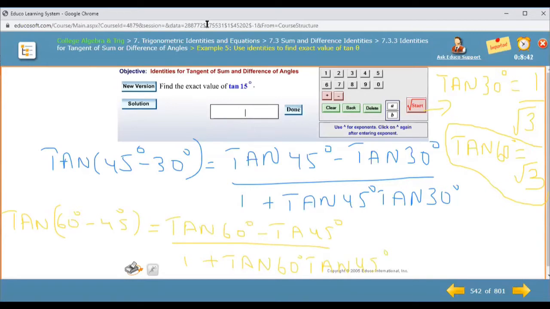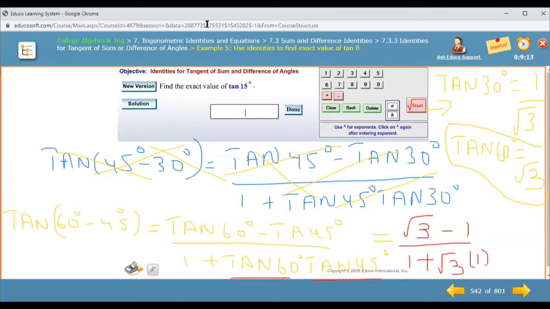Now, rather than using 45 minus 30, I'm using 60 minus 45. The reason I'm using 60 minus 45 is because I know the value of tangent 60 is radical 3, and the value of tangent 45 is 1. So it is radical 3 minus 1 divided by 1 plus radical 3 times 1. You can multiply it with 1 or you can just leave it, and that's the answer. If you want to rationalize it, you can rationalize it later, or you can just keep this as the answer,